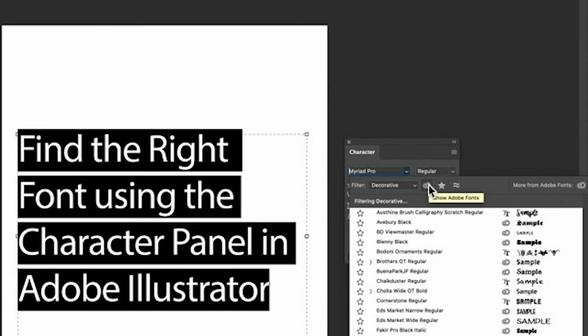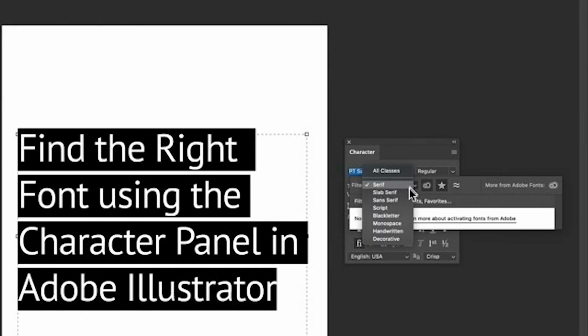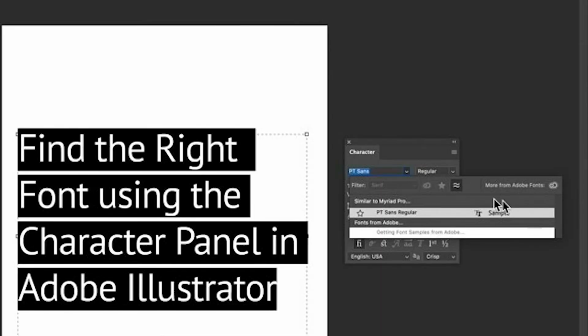This will also display Adobe fonts that are downloaded to your computer, and let you filter your favorite fonts, the fonts that are indicated with the star in other Adobe programs using the cloud. Normally this works, but for some reason when I tried to click through and display my favorite fonts, it didn't show anything. So maybe I have an older version installed or something's wrong with my syncing, but normally this should display your favorite fonts, and then it also displays similar fonts. So you're able to explore fonts that look very similar to the one you already have selected. And in Photoshop, there is also on the side more from Adobe Fonts.